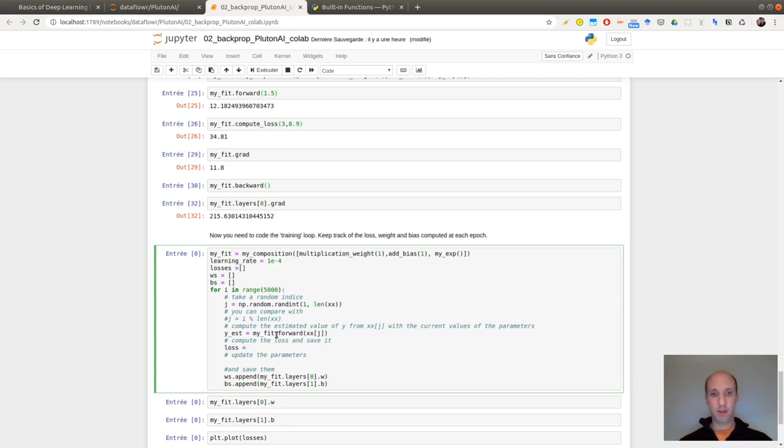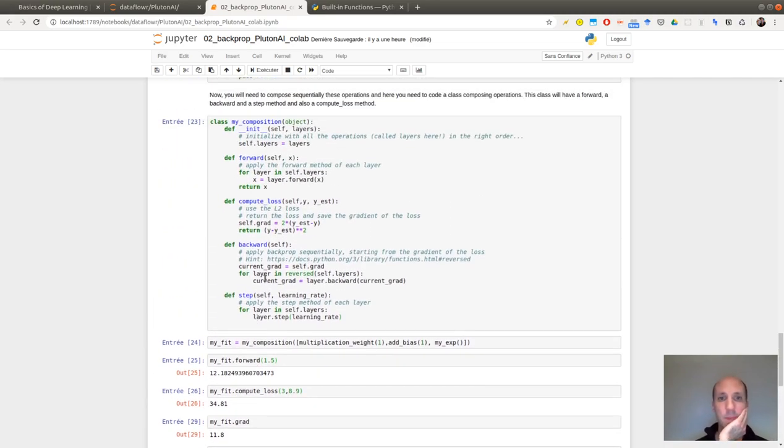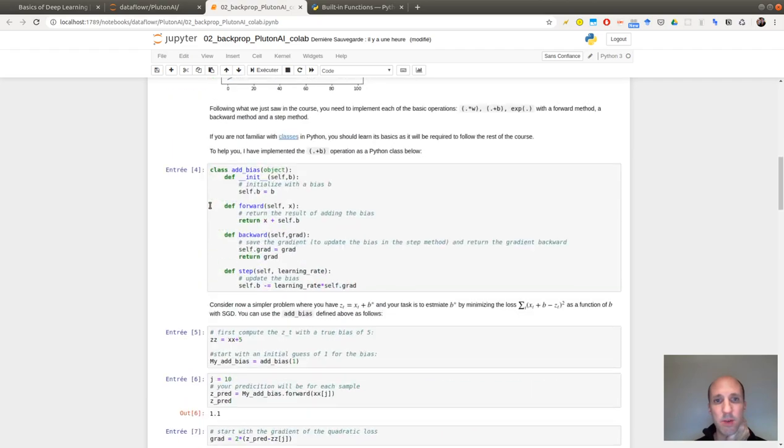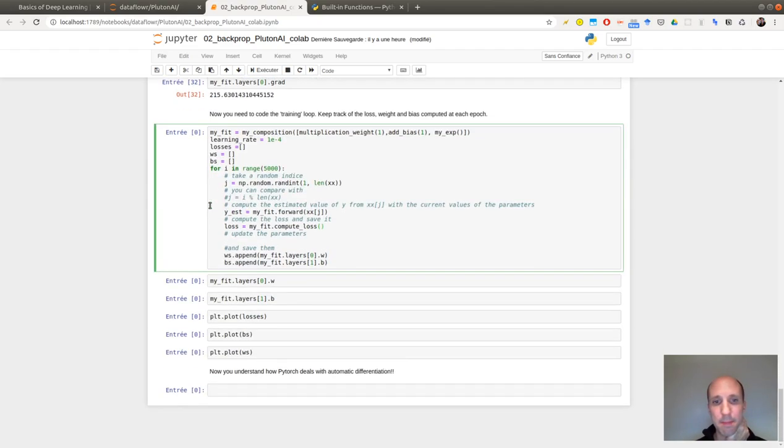I want to keep it, so compute the loss is taking the true one, which is called yy, minus ys.